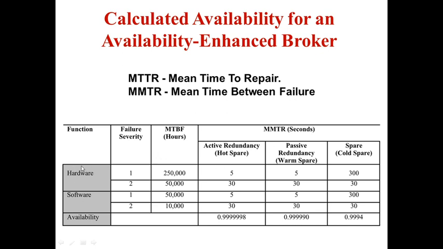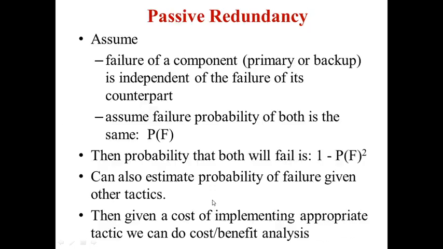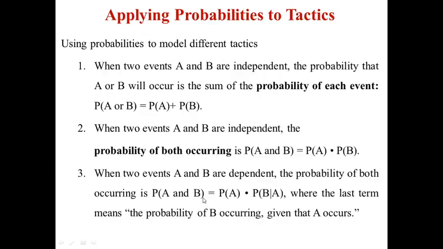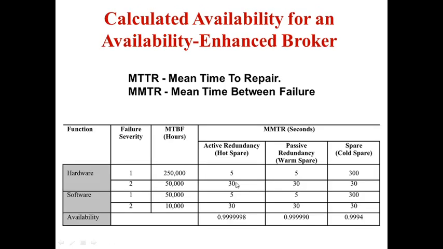Here, what kind of broker it may be, whether it is hardware or software, and the availability. If it is going to be on both 1 and 2, it will be the hours it is going to take, and how many active redundancies there are, how many passive redundancies there are, and what the whole square is. So this is known as the availability. Here it is going to calculate the availability by using the formula which we studied. We studied a formula, right? So by using this formula, we are applying it and getting the availability.